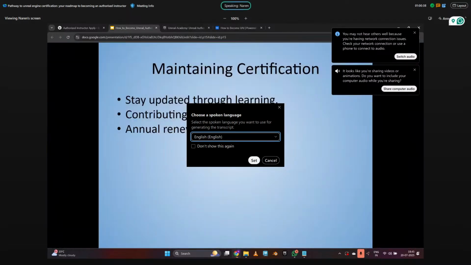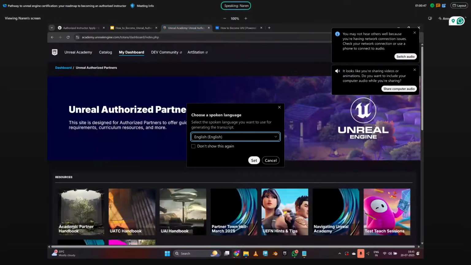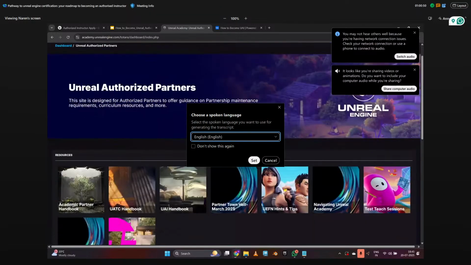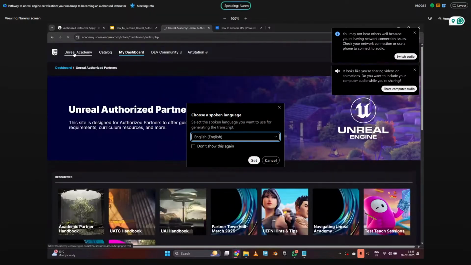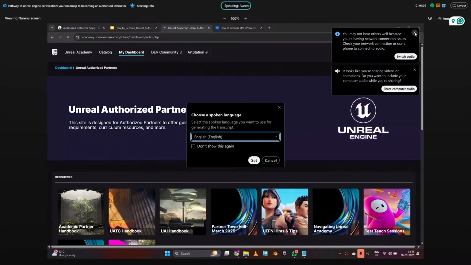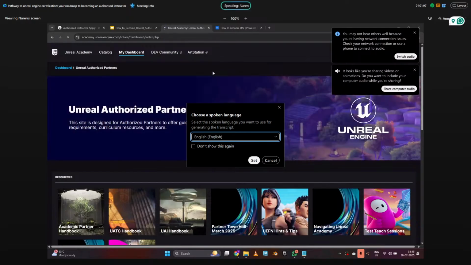You should upgrade yourself with access to different contents. Like we saw in this Unreal Academy, likewise, we have some other contents that you can go and search for. Go to this Unreal Academy, and there will be a small search box on the right-hand side. Right now, I'm not able to see it due to some pop-up messages that are not going away. You can just search over there. Whatever content you need, you can just type it there. It just pops up. You can learn from there. It has different options. You just go and search for it.